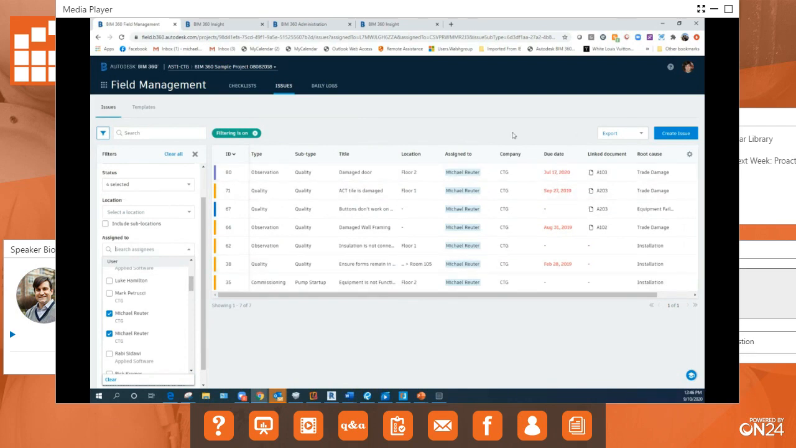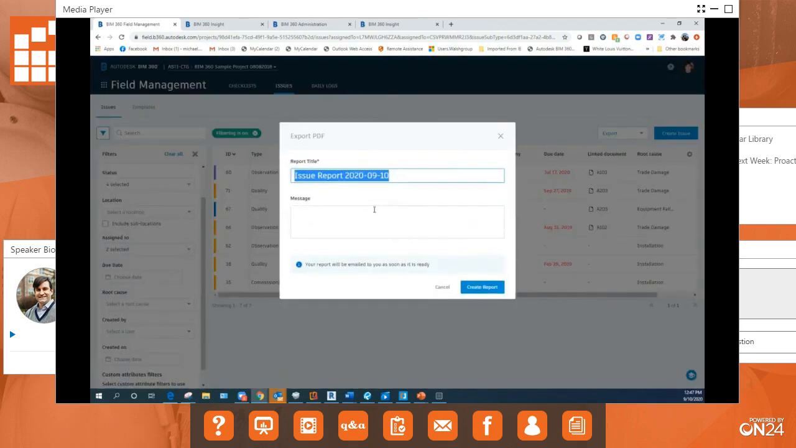And then all I have to do is come over here and hit export. Notice when I do that, it gives me the option to export a report. So I can export a PDF or an Excel file or a CSV file. Okay, so I'm just going to choose PDF. So when I do this, it's going to